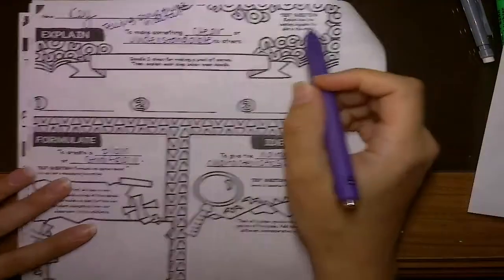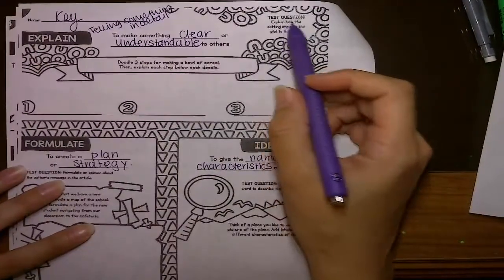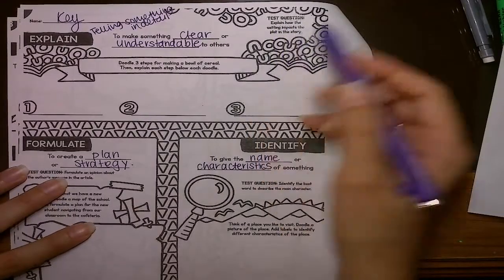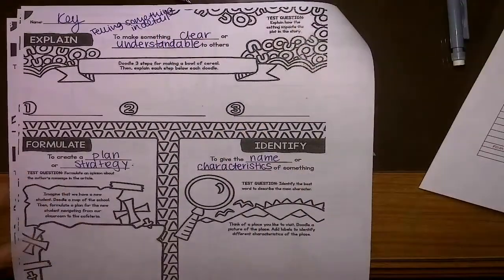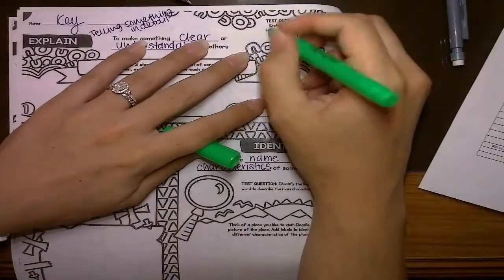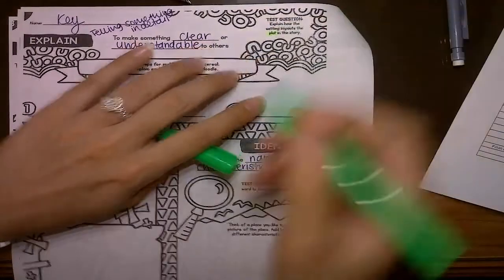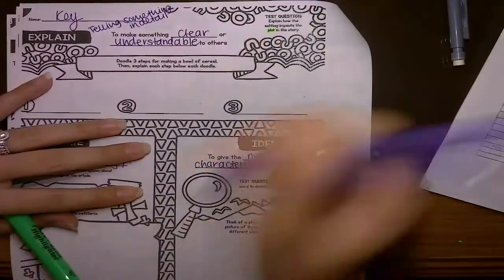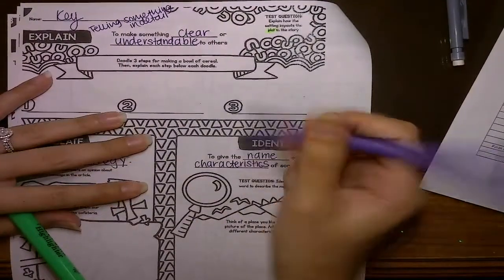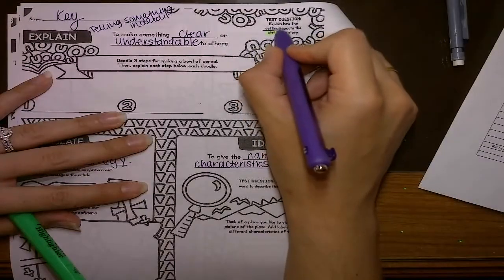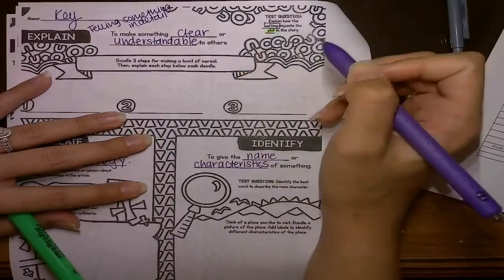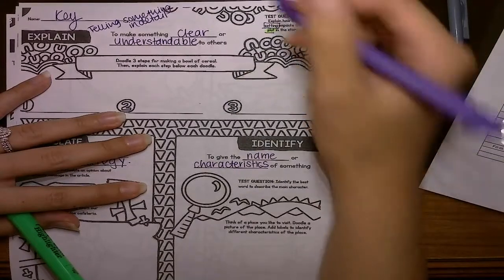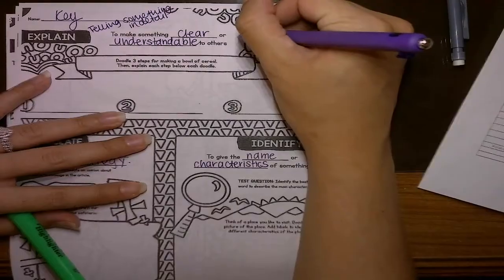Okay. For example, in a test, they would say, explain how the setting impacts the plot in a story. Alrighty, what does plot mean? What is the plot of a story? Who remembers? Time and place. That's the setting, time and place. What's the plot? It's like what the story's mainly